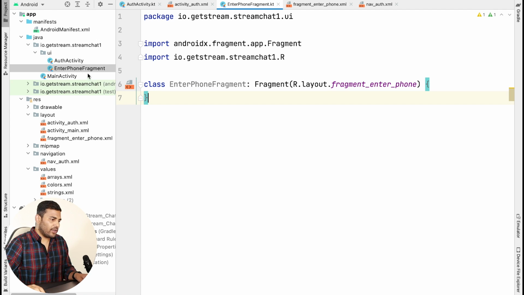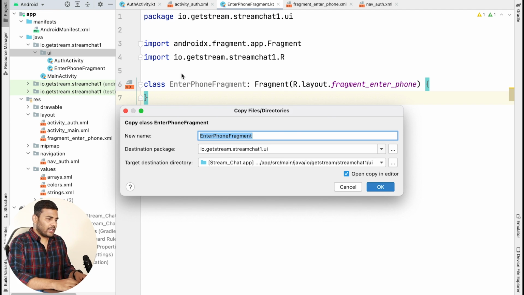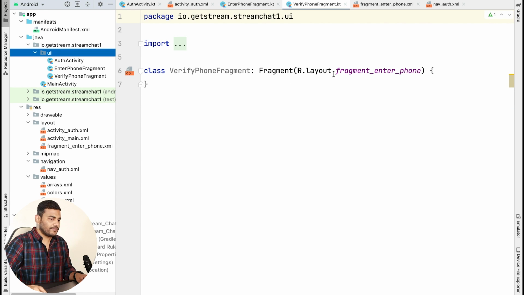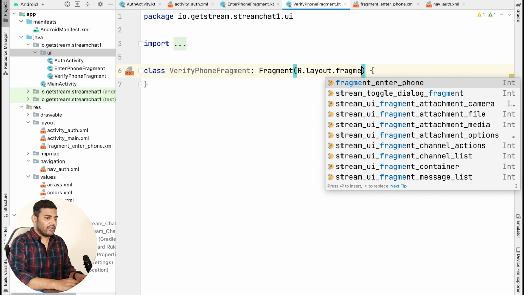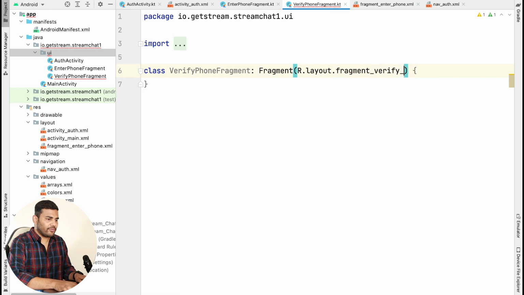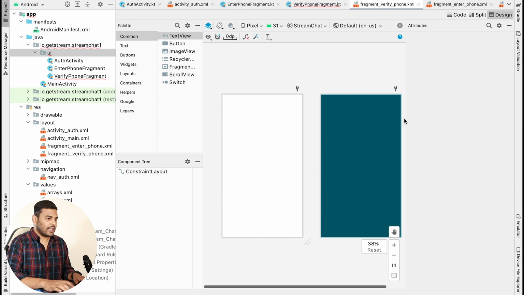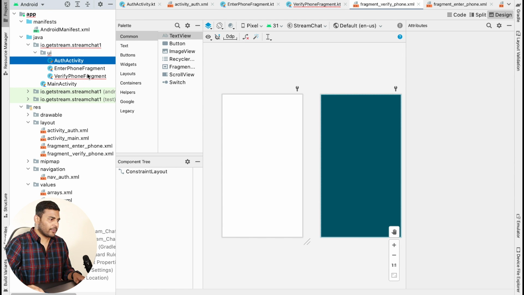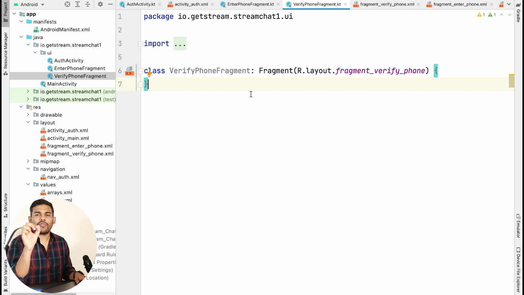So I will create one more fragment. So I will copy the same file and I will name it verify phone fragment. And this time we will define fragment verify phone, like this. And let's create these XML files as well. Now we have enter phone fragment and verify phone fragment.